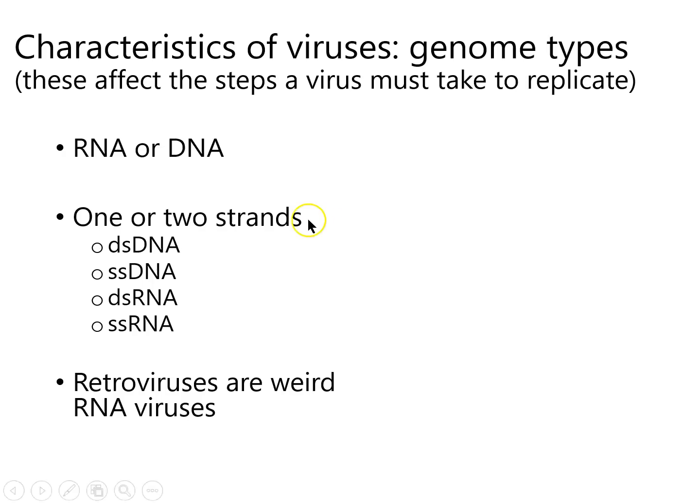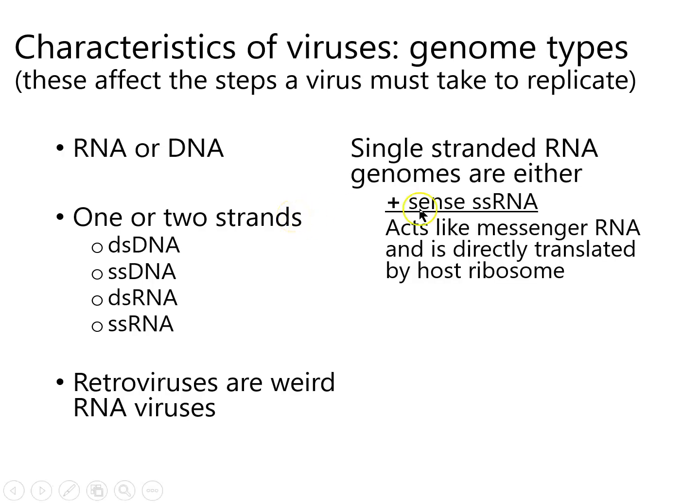And there are single-stranded RNA viruses that are basically messenger RNAs. So we call them positive sense or positive RNA viruses. And they act like messenger RNA. As soon as they get into the cytoplasm, they can very quickly get the cell to start translating their proteins, start making their proteins. For reasons I don't understand, a lot of viruses are negative sense